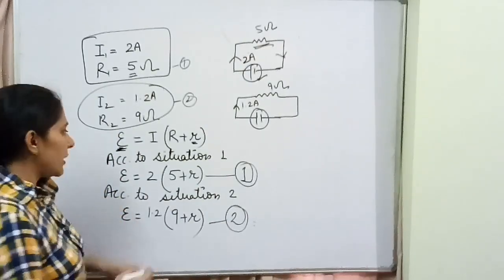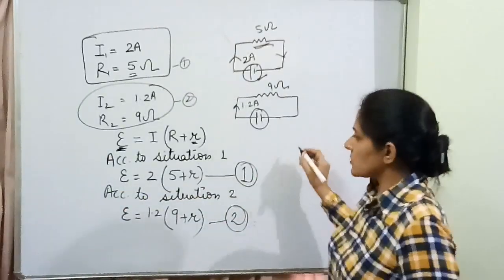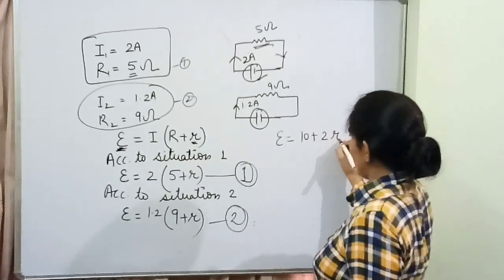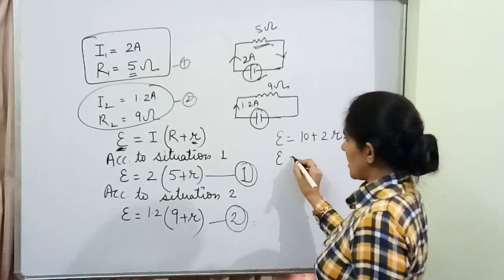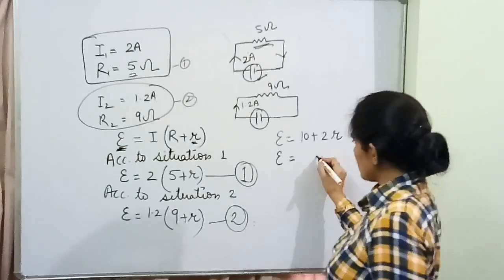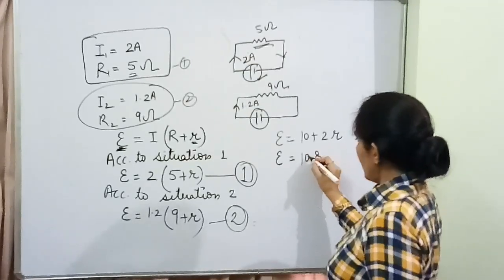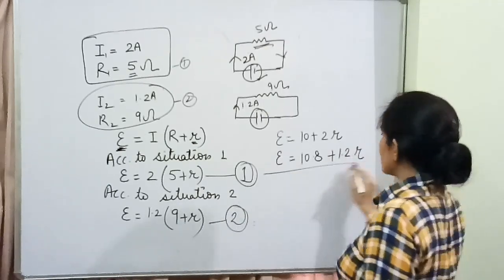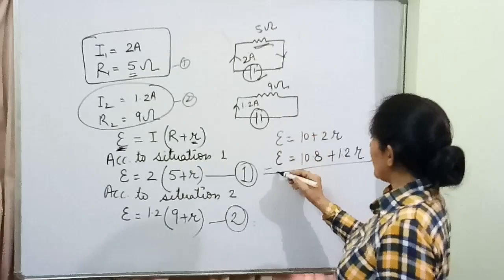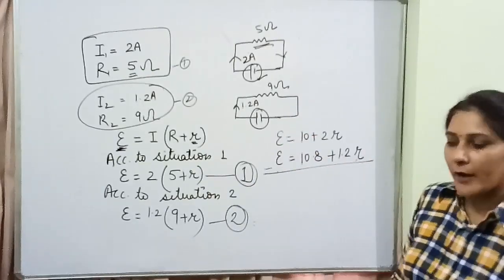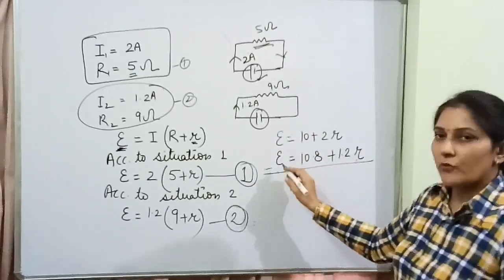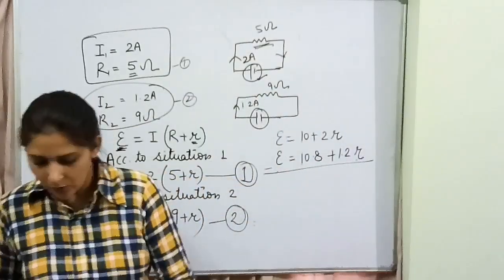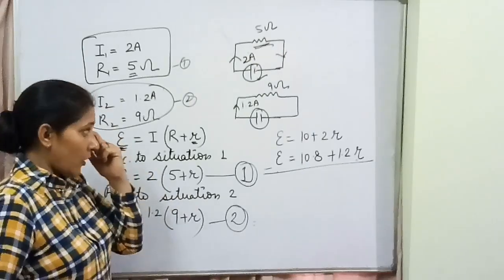When you solve these, I believe you can easily get it. थोड़ा सा मैं आपको इसको आगे solve कर लेती हूँ. E is equal to 10 plus 2r. Then from the second equation, E is equal to 10.8 plus 1.2r. Now by subtracting these two equations, these two will be cancelled out and you are going to get the value of r from here. Later on you can substitute the value of r and you will get the value of E. I believe you can do these substitutions. You are doing it in your maths. Okay, no need to do it now over here.